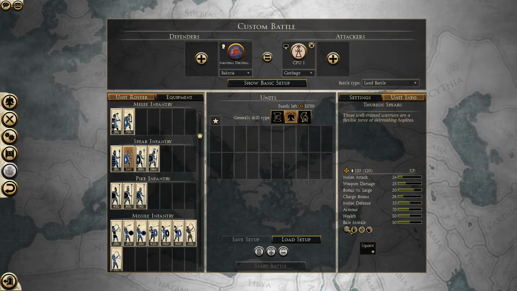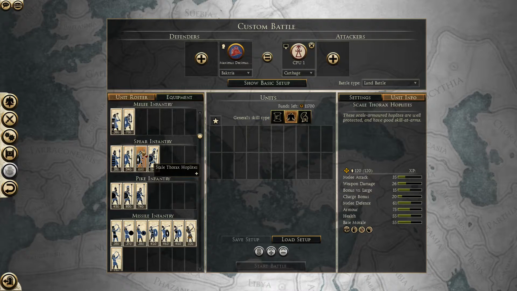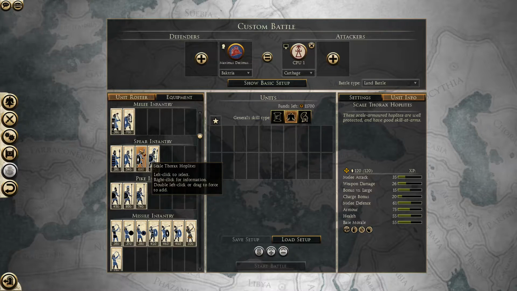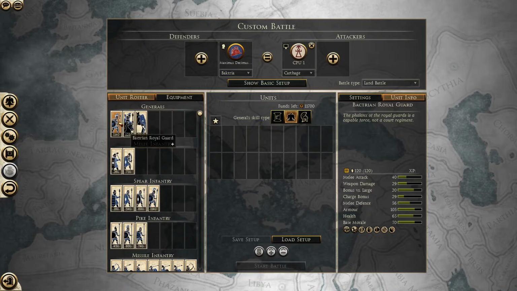So for more information on the specific formations, I would advise you to have a look at the mechanics videos that I also have up. Then you have the scale thorax hoplites. They look very cool. They are decent hoplites. They are the mid-tier hoplite choice of Baktria. And they are slightly less armored than other hoplites. They have a high melee defense and decent charge bonus. Went over the Bactrian Royal Guard in the